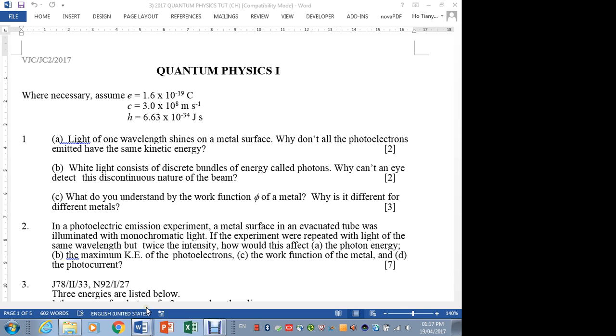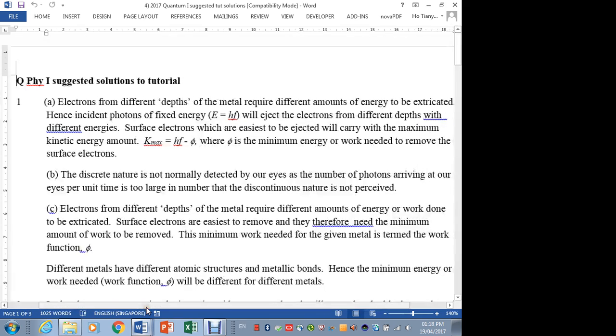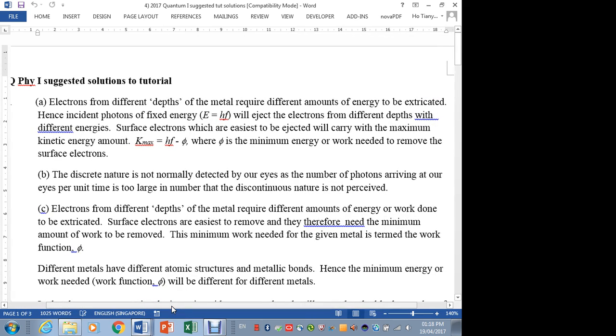Okay. So question 1, why don't all electrons have the same energy? Well, basically it's pretty much bookwork. I mean, your teachers will send this to you, so no need to copy, right? Mainly it's because the electrons are emitted from different depths. The further you are emitted from, although the incoming energy is the same, the amount of energy you pay to the metal is different. The work function is only for those at the surface of the metal. Okay? Part B,